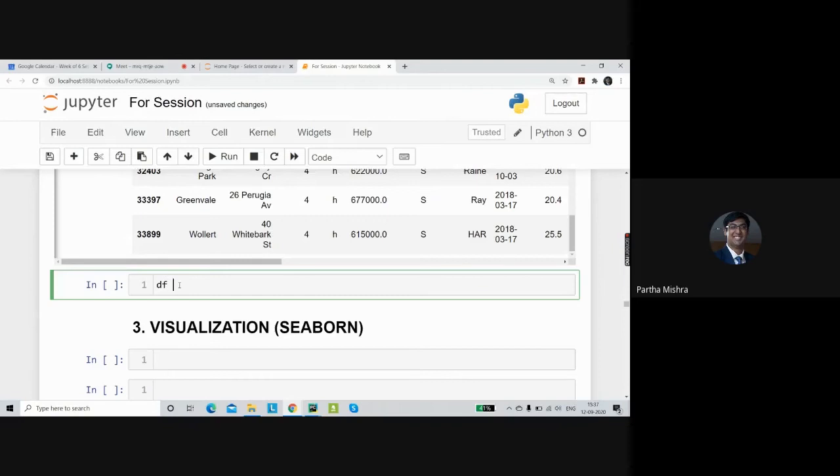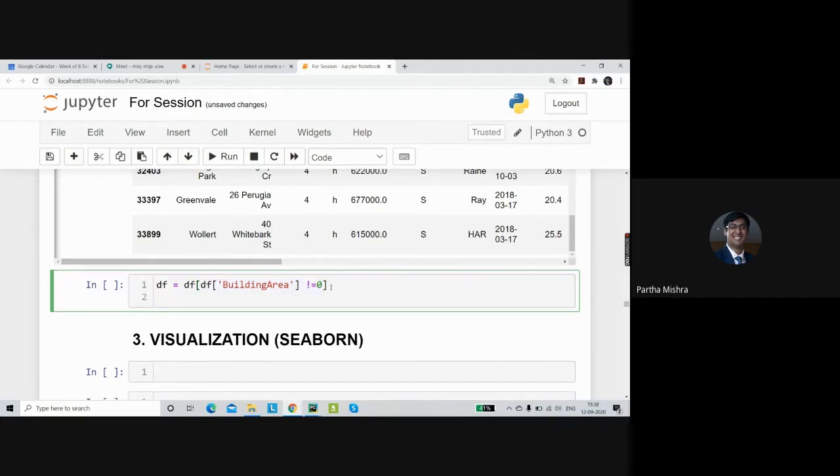What we can do is simply override the data frame. So df of building area, and here we can say not equal to 0. It is going to give us all the entries where the building area is not 0. This piece, df building area not equal to 0, is the filtering part we are doing, and after the data is filtered we are going to reassign it as the data frame. So that is for the building area.